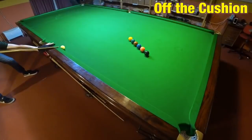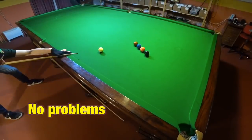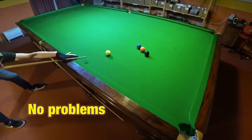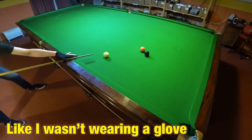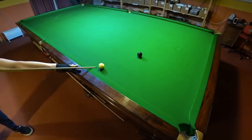So I started off by trying a variety of different hand positions off the cushion, and not only did the glove cause no problems whatsoever here, for a number of these shots it felt exactly the same as if I wasn't wearing it, because being able to do all of these bridges well can be absolutely crucial in a game